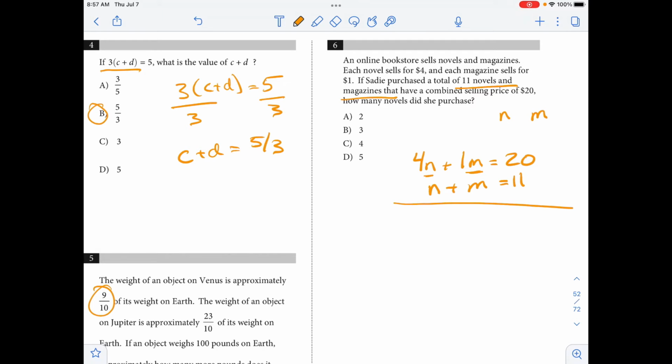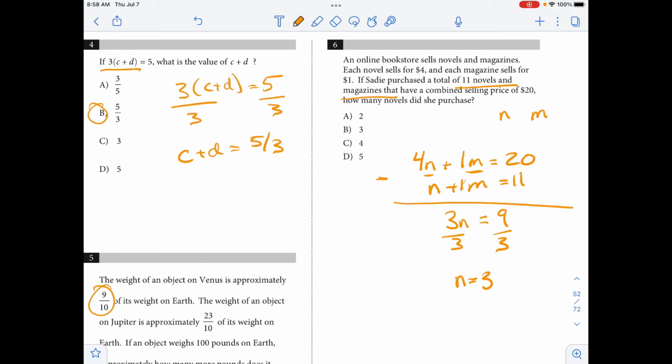Now in this case, we have two equations. When you have two equations, you can add or subtract them to help solve them. In this case, we're going to want to subtract them because we have 1m here. There's no 1 there, but that's the same as a 1m down there. So if we subtract them, the m's are going to go away, and you're only left with one variable. Much easier to solve. So 4n minus n is 3n. 1m minus 1m is 0, so we don't have to write that down. 20 minus 11 is 9. Now we solve for this, divide by 3,